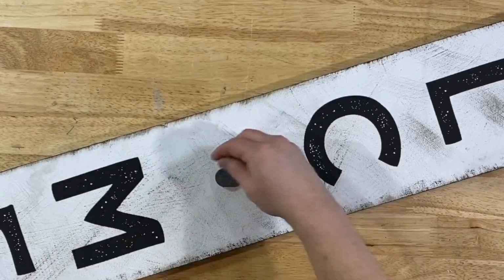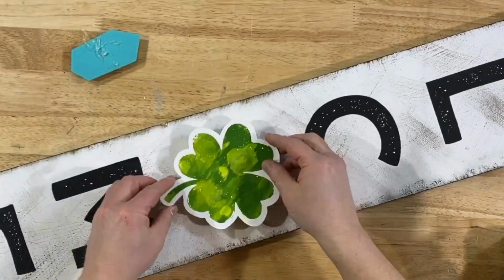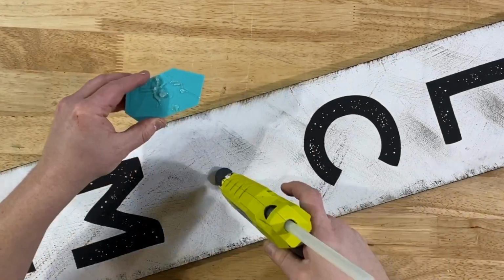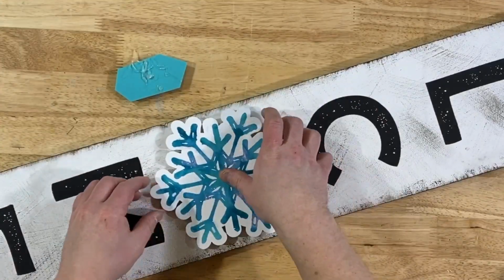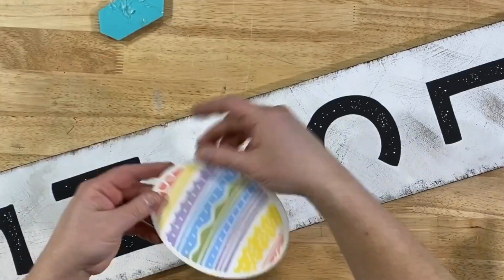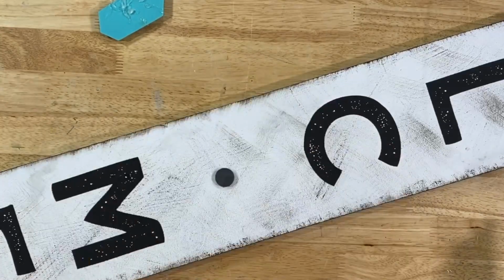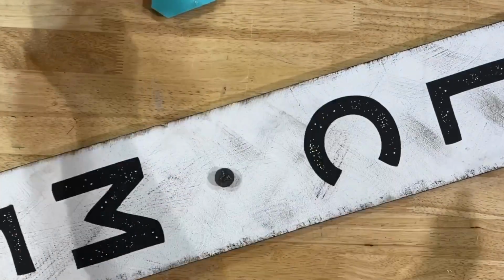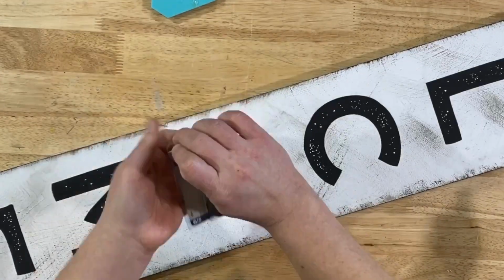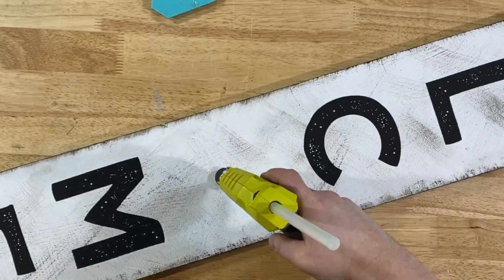Now all we have to do is put a magnet on each of these, add hot glue, and go through all of the different shapes. So this way you will always have it perfect and in the center. Now, what a great idea, but what are you going to do with all of these add-ons? Well, I'm going to tell you what. Here's the ingenious part. We are going to turn around this welcome porch sign, grab some more magnets, and oh yes,